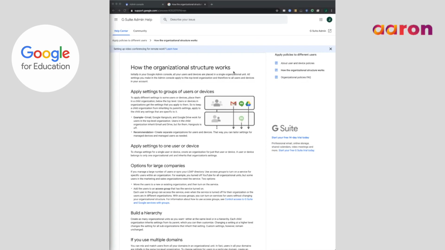Organizational units, or OUs, let you segment your populations and give different services, settings, and permissions to different users. A well-designed organizational unit structure is critical to effectively and flexibly managing your G Suite for Education account. Take some time to consider the best organizational structures for your organization, as changing OU use post-deployment is possible but